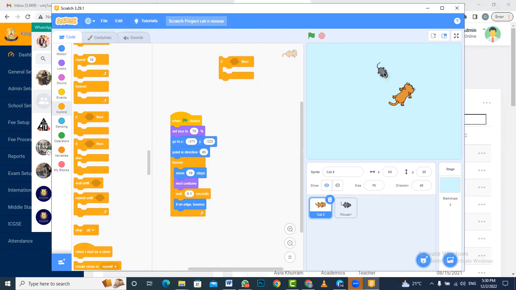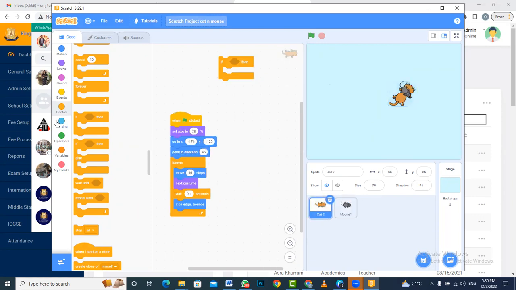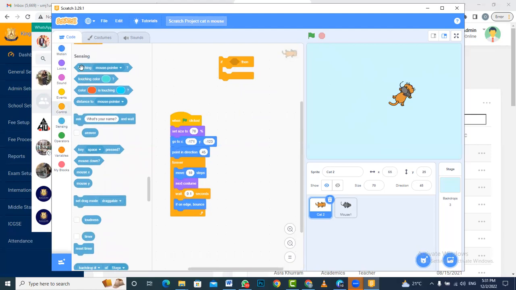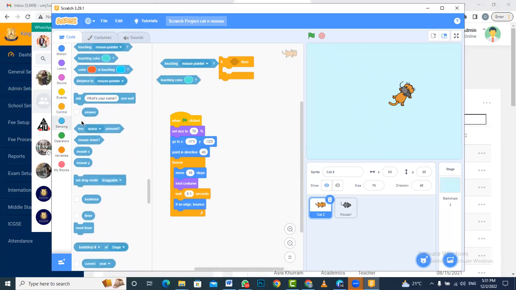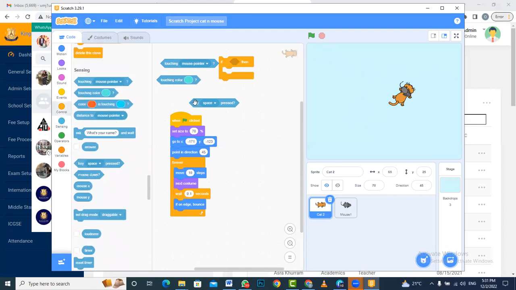For example, अभी ये देखें कि मैं माउस को कैट के पास लेके आता हूँ, इसका मतलब कि अभी अगर आप देखेंगे तो माउस और कैट दोनों क्या एक दूसरे को टच कर रहे हैं। तो आई वांट टू चेक दिस कंडीशन। ये कंडीशंस आमतौर पे चेक करने के लिए व्हाट वी हैव टू डू इज रिलाई टू द सेंसिंग पार्ट। दिस सेंसिंग पार्ट अलाउज अस कि हम कुछ डिफरेंट चीज़ों को चेक करें। लाइक हम चेक कर सकते हैं कि हमारा ऑब्जेक्ट किसी चीज़ को टच कर रहा है, हम ये चेक करें कि हमारा ऑब्जेक्ट किसी कलर को टच कर रहा है, हम ये चेक कर सकते हैं कि कोई बटन प्रेस किया जा रहा है। ठीक है, ये बहुत सारे डिफरेंट काम हैं जो हम लोग सेंसिंग के अंदर कर सकते हैं। ये 3 बेसिक काम है दैट वी वुड बी यूजिंग मोर फ्रीक्वेंटली।